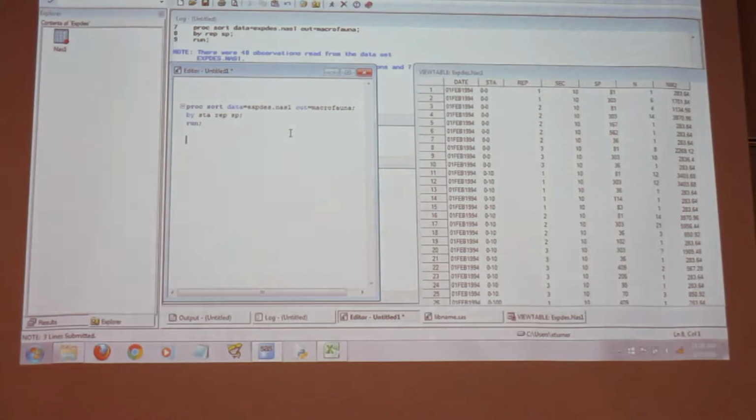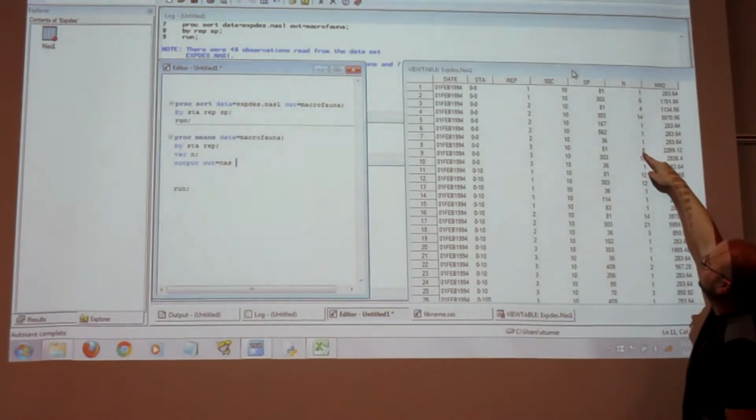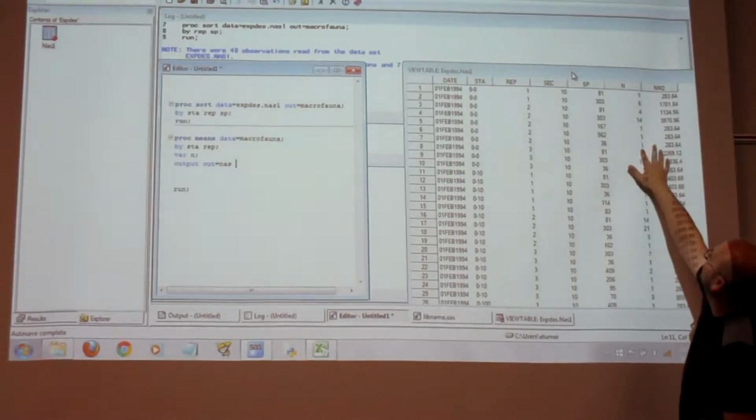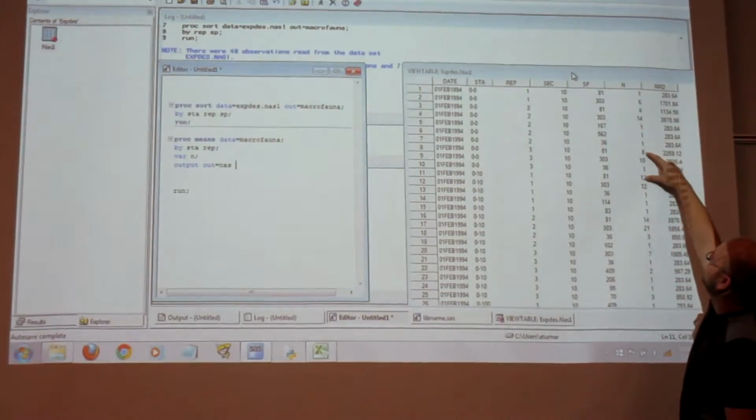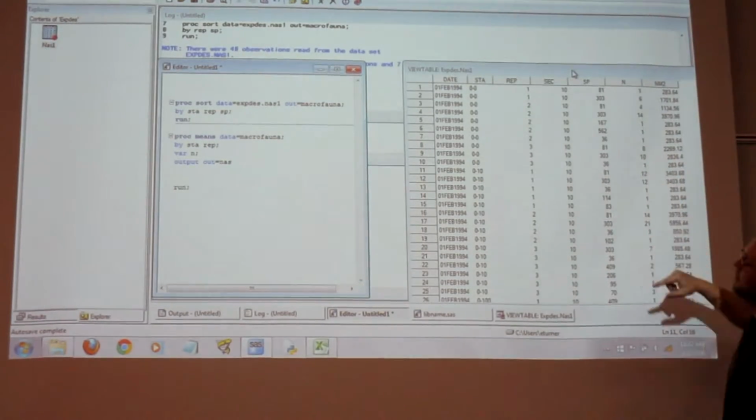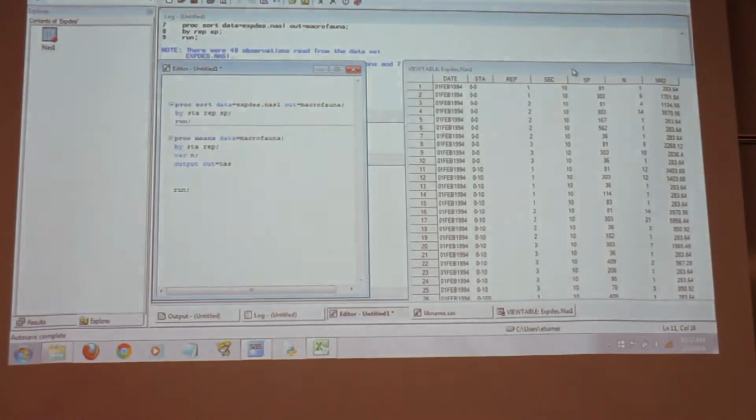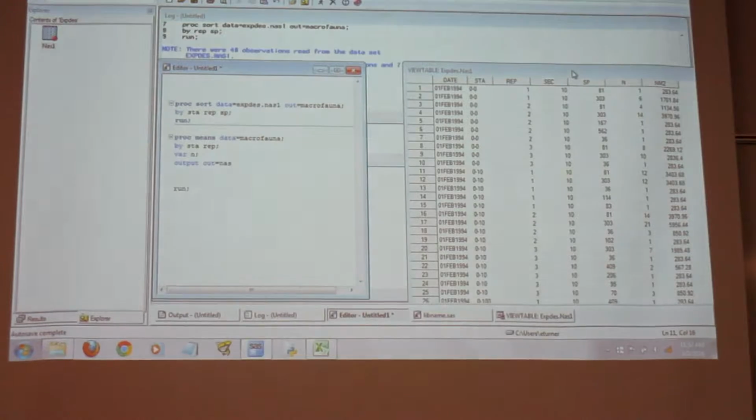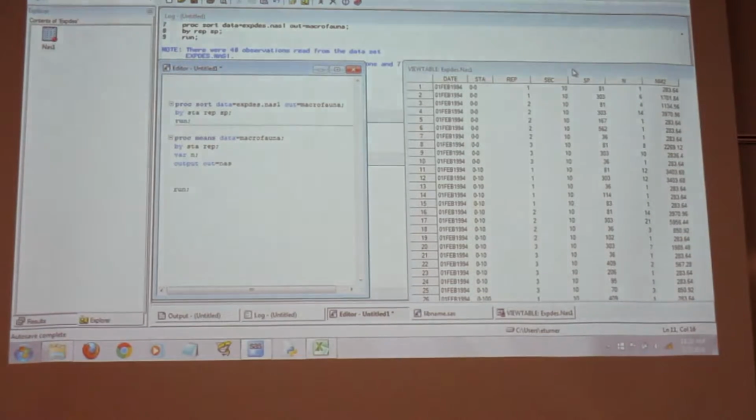All right, so the next procedure we're going to do is called PROC MEANS. Okay? And in this, I've got to tell it... plus 8, plus 1. And then the third core would be 8 plus 10 plus 1. I want to count that too. Okay? That's the total number of species. So what I want to do is sum those together.